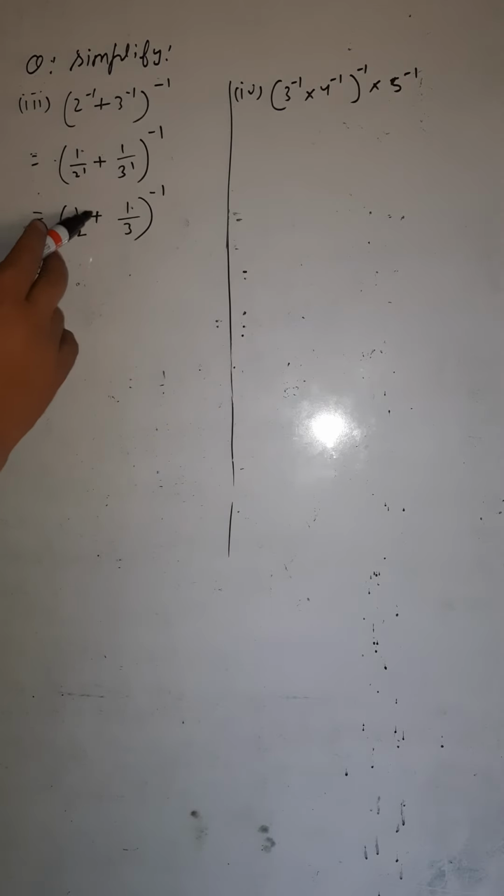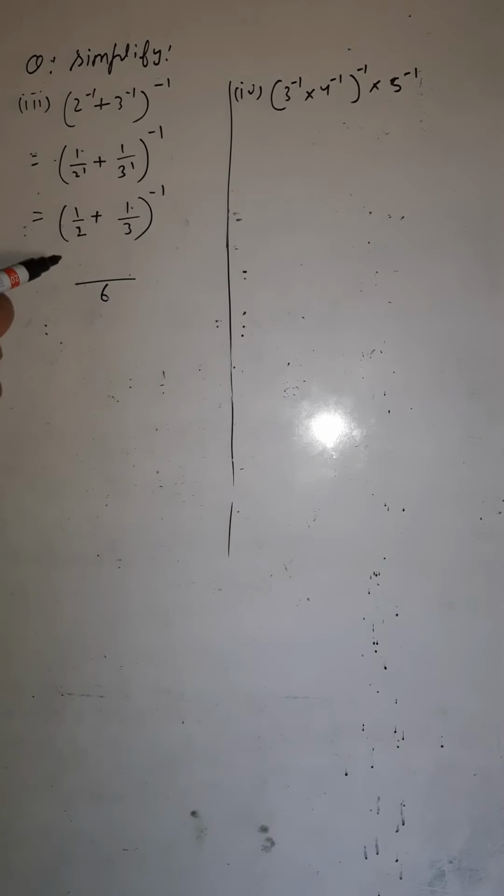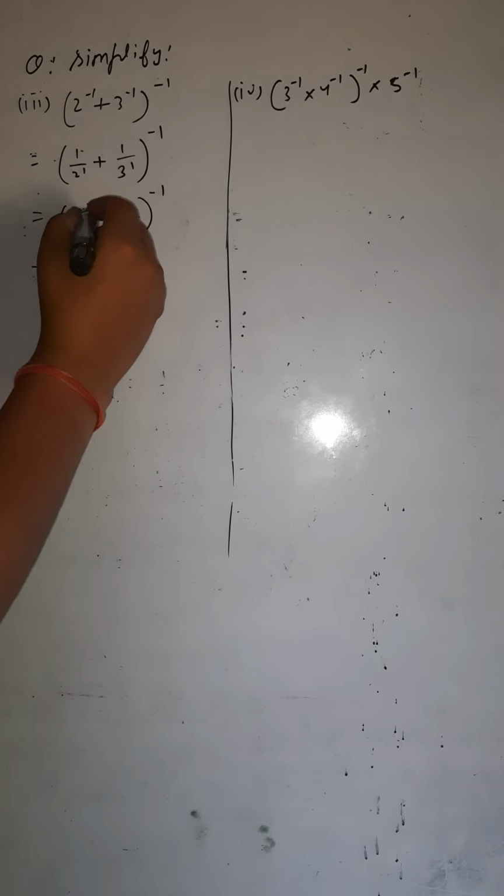Because the denominators are different, you would take the LCM of 2 and 3. So what is the LCM of 2 and 3? It is 6. So now what would you do? You would divide this 6 by both denominators. First you would divide this by the first denominator, that is 2. If you are dividing 6 by 2, how many times does it go? 2 threes are 6, so 3 times. So you would multiply the upside by 3.